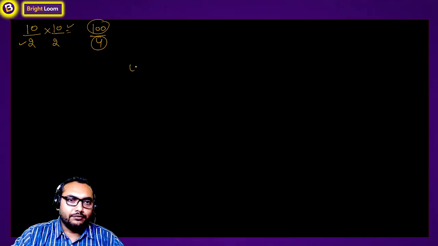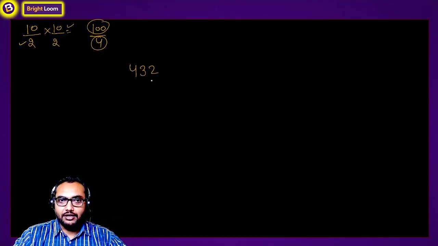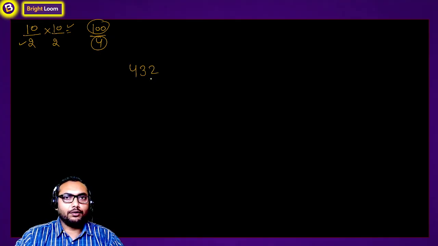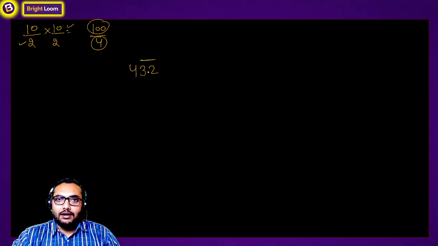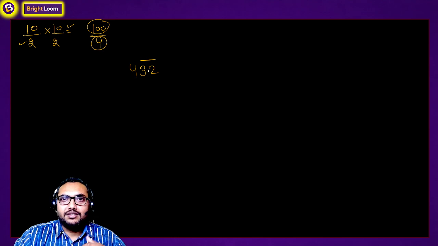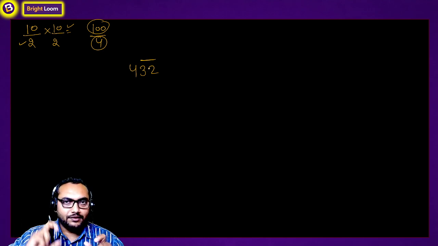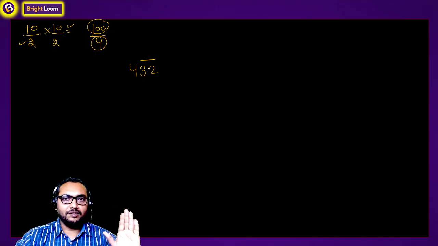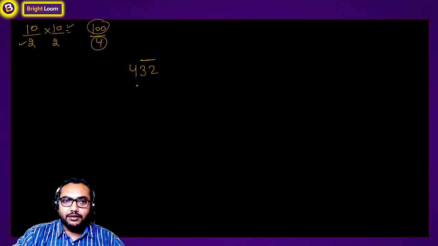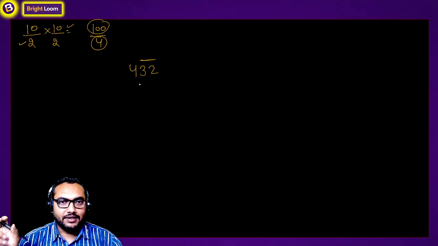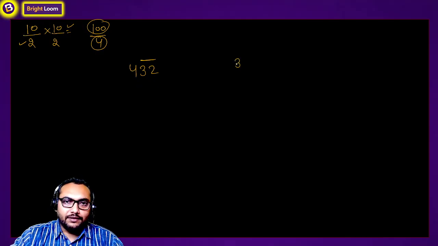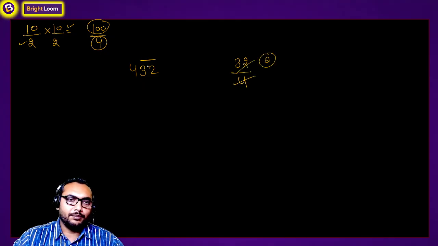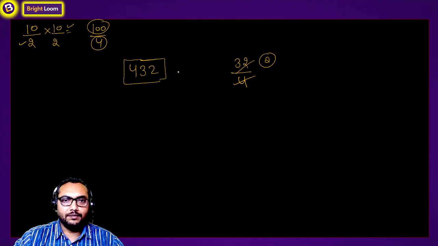For example, I have the number 432, and I want to check whether this number is completely divisible by 4 or not. What I'll do is check the last two digits. What does the divisibility rule of 2 say? Just check the last digit of the number. If the last digit is divisible by 2, the number is also divisible by 2. But what about 4? Here it says if the last two digits of the number are divisible by 4, the number is also divisible by 4. So I need to just check 32. If the last two digits are completely divisible by 4, which it is, it means 432 is also divisible by 4.